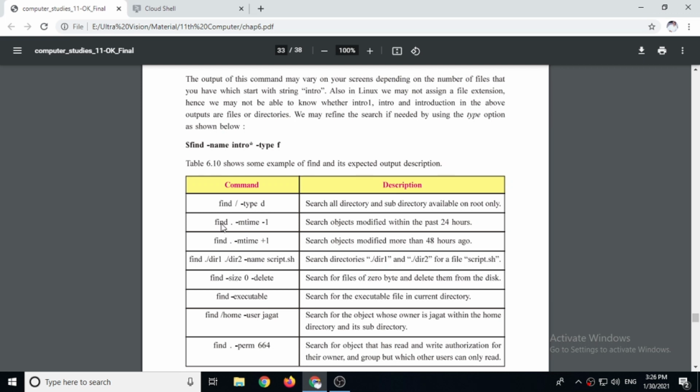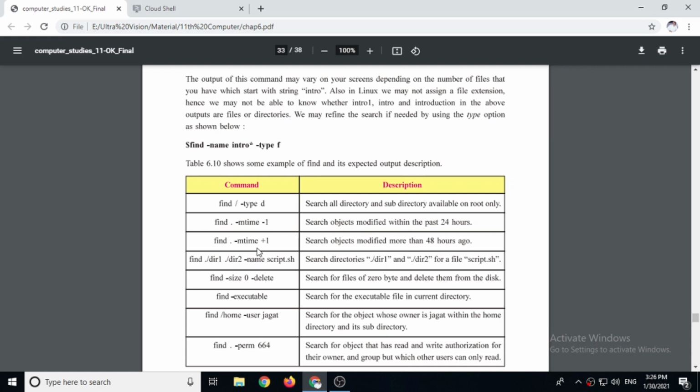Then next is find dot. Remember, dot represents the current directory and double dot represents the parent directory. So here dot is given, it means from the current directory. Minus m time minus 1. So search objects modified within the past 24 hours.